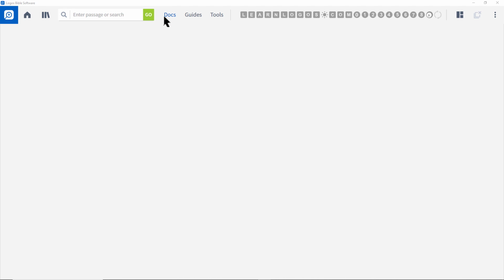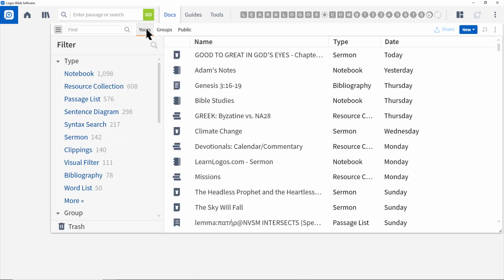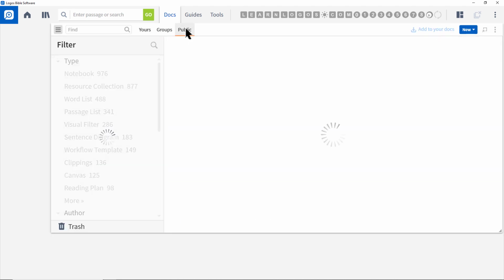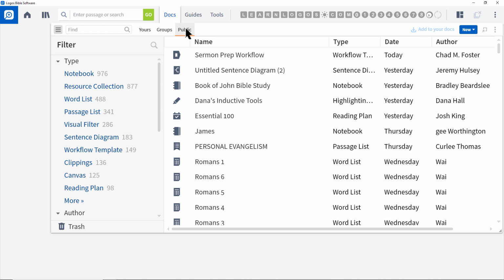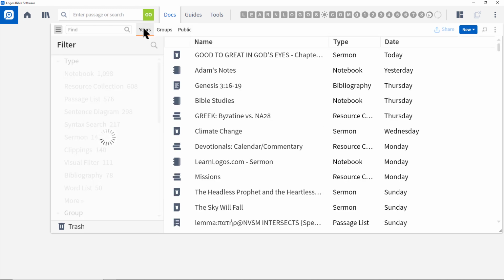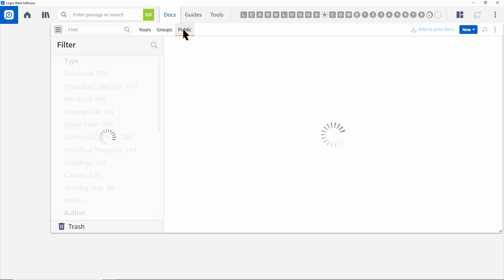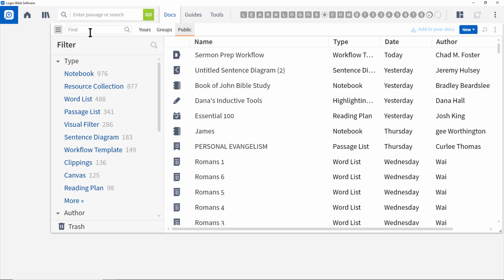Go to the main menu and click on Docs. Next, click on Public. Now, normally Logos refreshes this list right away. You do need to be connected to the internet. But if the list is blank, just click on Yours first and then click on Public. That should refresh it. We want to go to the Find box and type in the following,